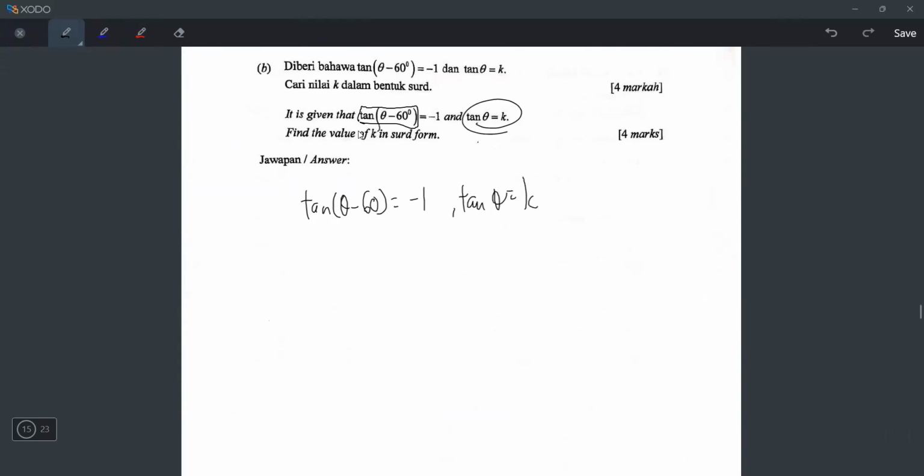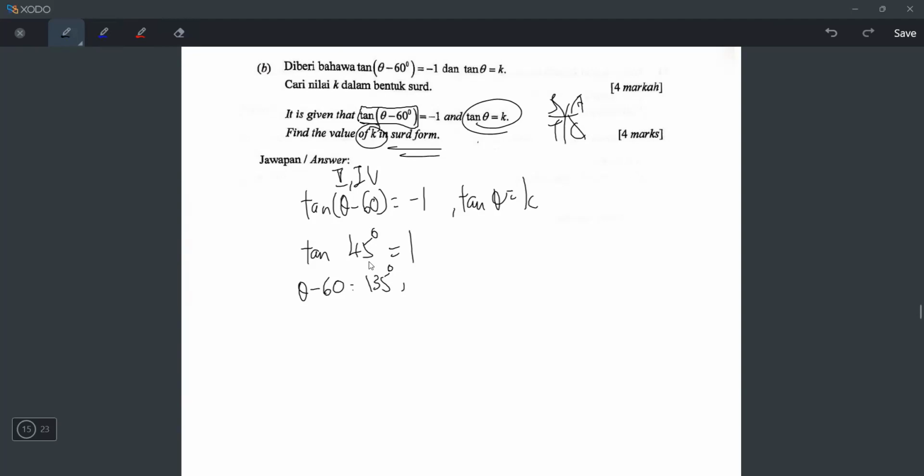And then they say find the value of k in surd form. Okay, there's one method to do it, which is you can shift tangent inverse. Not shift tangent -1, shift tangent 1. You will end up with 45, and then theta minus 60 will be 45, but it can also be which quadrant? Because add sugar to coffee, right? So it'll be 2 and 4. So actually it can't be 45. It must be second quadrant, which is 180 minus 45, 135,